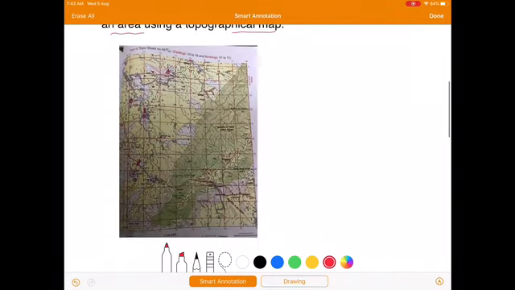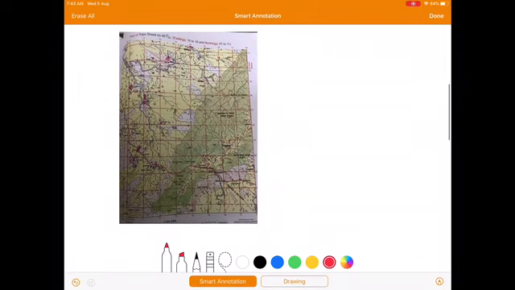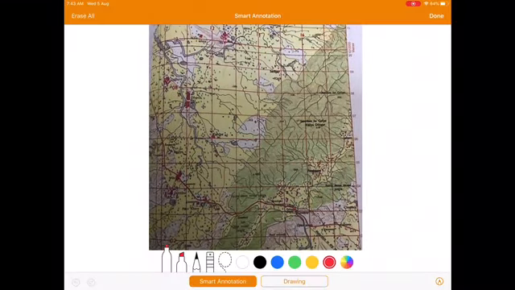So, children, with the help of this topographical map, we are able to understand about different features that are shown on a topographical map. So, children, with the help of the color, if you will see this yellow color in the topographical map, this yellow color gives us indication that farming is going on in the area. So, children, we all know farming is done by people, so it is a man-made feature.